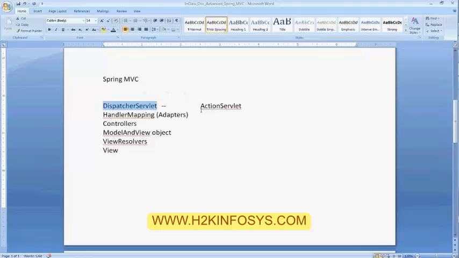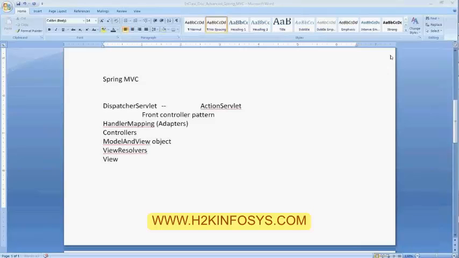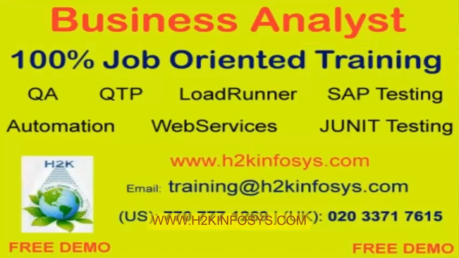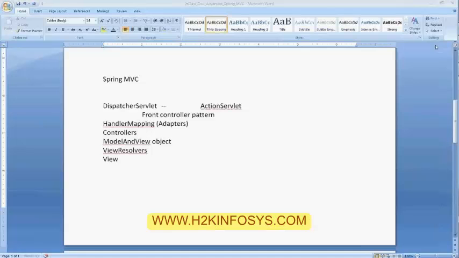DispatcherServlet is just like your Struts action servlet, which works as the front controller pattern. Not only the Spring framework, any MVC framework uses the front controller pattern. That is one of the design patterns. Front controller pattern, nothing but